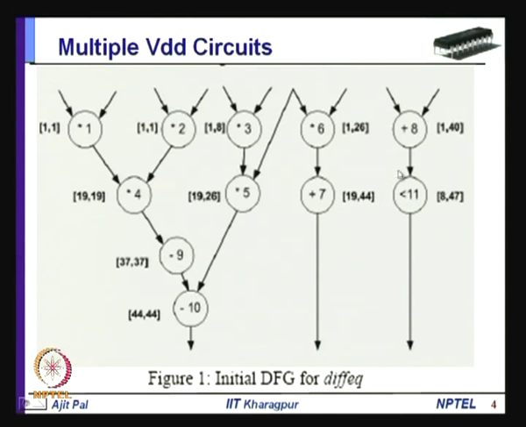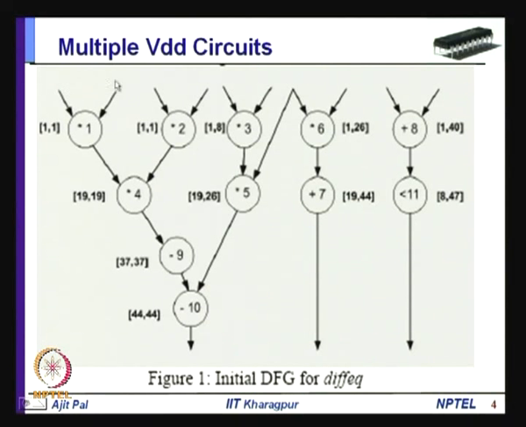So, 11 different operations are there. Now, in this particular case, you can see this is a critical path: operations 1, 4, 9 and 10, and 2, 4, 9 and 10 are on the critical path. However, operation 3 and operation 5 are not on the critical path. So, we have the option of allocating some low voltage and utilizing the slack to achieve lower power dissipation. Essentially, what we are doing here, we are trading slack for lower power, and in this